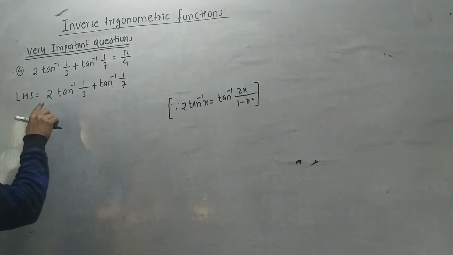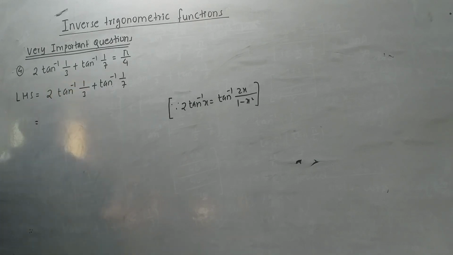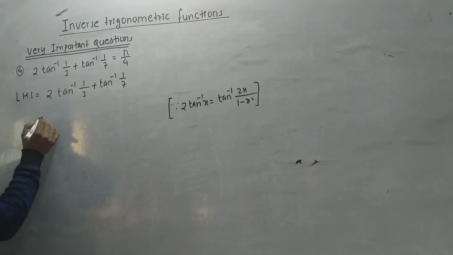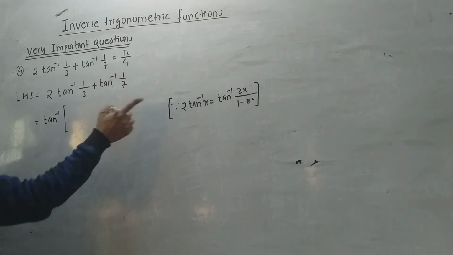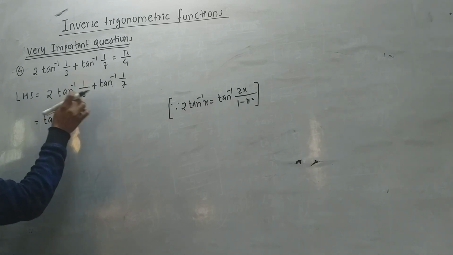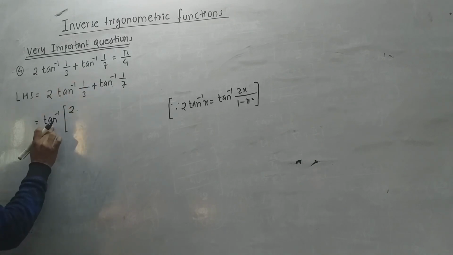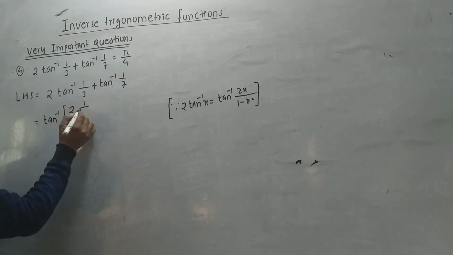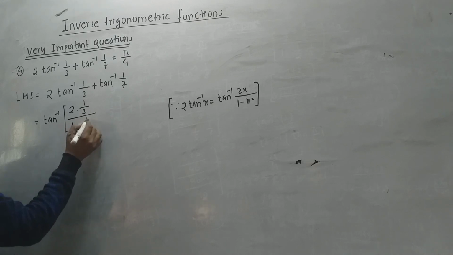So now it appears in the form 2 tan inverse x, where 1 by 3 is our x. So 2 tan inverse x will be tan inverse of 2x divided by 1 minus x square,